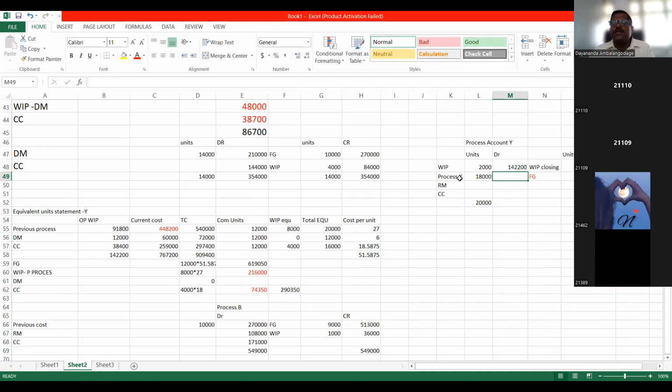Then, of course, you take process X, that is taken from the previous process. Then raw material, I think 12,000. Neither raw material, no, not 12,000, 60,000. All right. And it's given in the question, and conversion cost 259,000. Okay. So we did the valuation. 12,000 valuation was